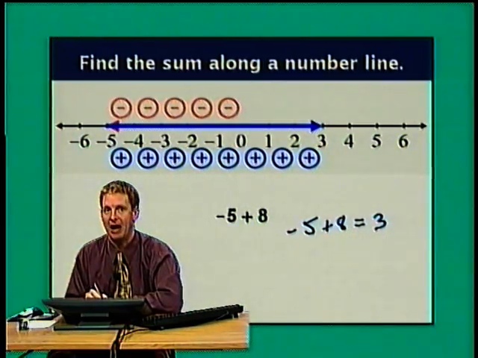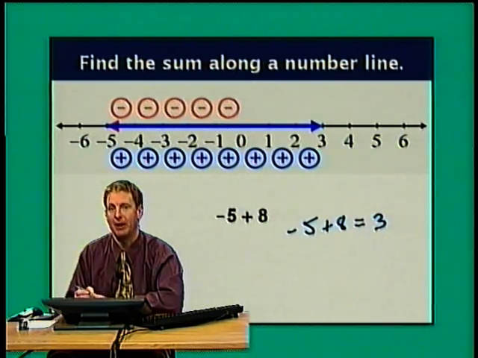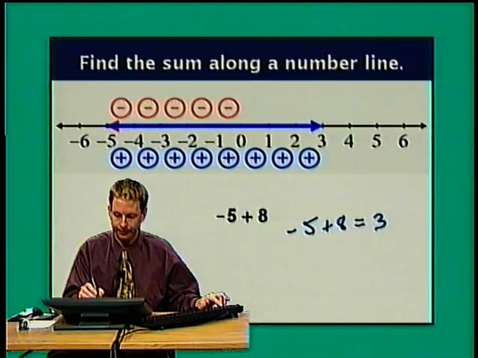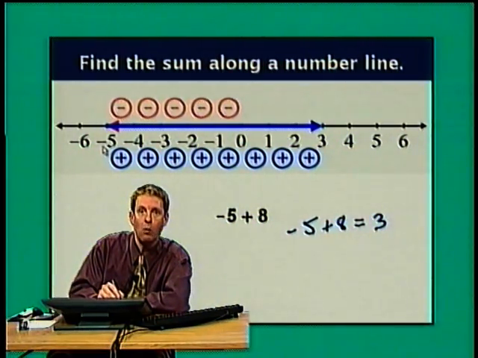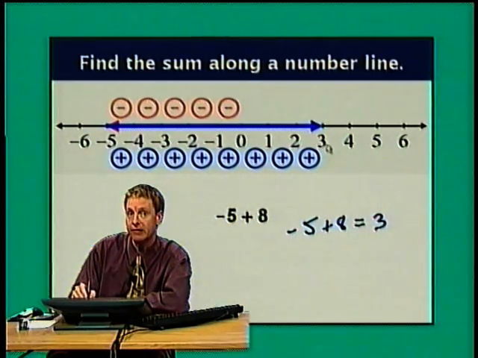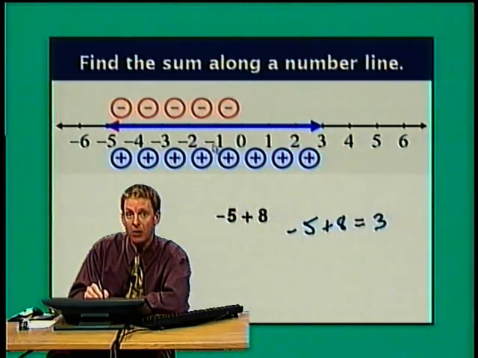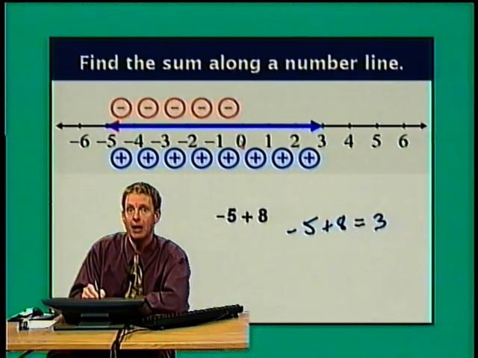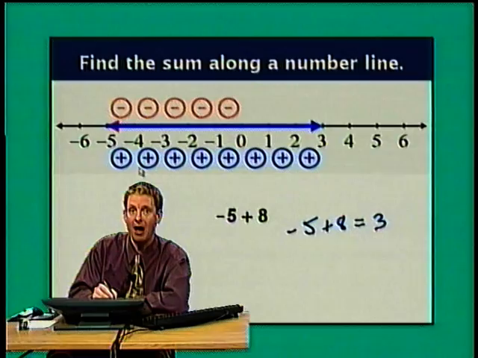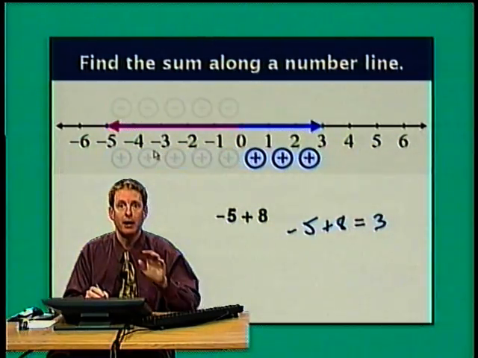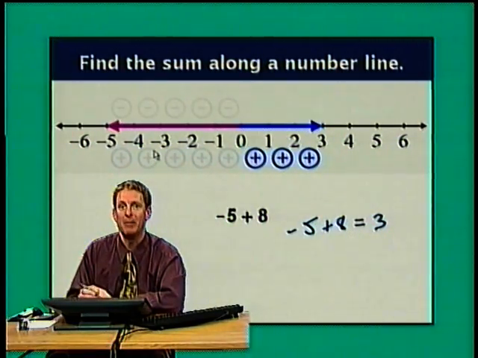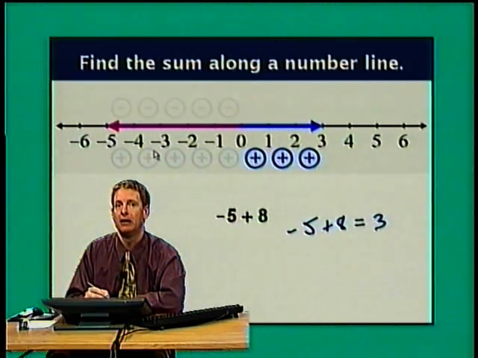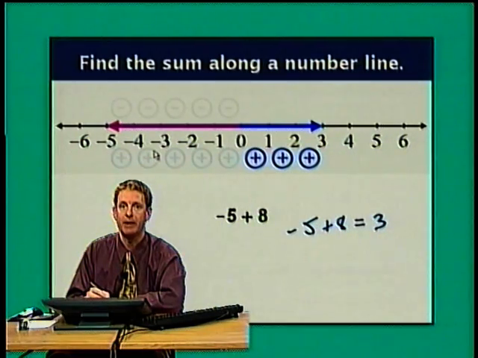From the number line perspective, let's go back and look at what happened. We started at 0, and the first thing we did was we went left 5 units. We followed that by going right 8 units. Well, the first 5 steps of those 8 units just put us back where we started from. This is just like negative chips and positive chips canceling to 0. In both models, the first 10 steps, in a sense, was a waste of time. We just got back where we started. We had 3 more positive steps to make, so we ended up at +3.